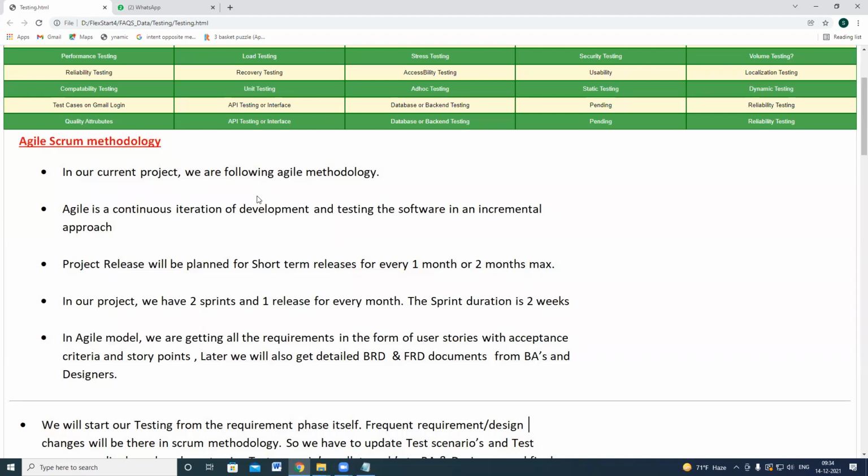It's not like the product has been developed at one go. Suppose your mobile patch updates are continuously coming, right? Every 2 months like that. So the product features are being enhanced and added. Okay. Development and testing the software in an incremental approach. So every 2 months you are updating your software. In such a way, following an incremental approach is called the agile model. It's not like the product has been developed in one shot and completed. Okay.